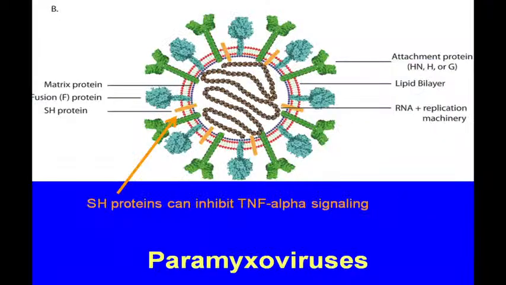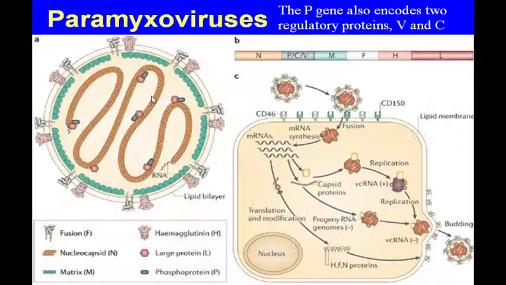This is also a simplified scheme, and I would like to draw your attention to the glycoproteins. These glycoproteins can be the same in different types of viruses, while the second type of glycoproteins are different. Altogether in each genus, we have two types of glycoproteins, and one type is the same in all Paramyxoviruses. This is the so-called fusion protein, the blue one.